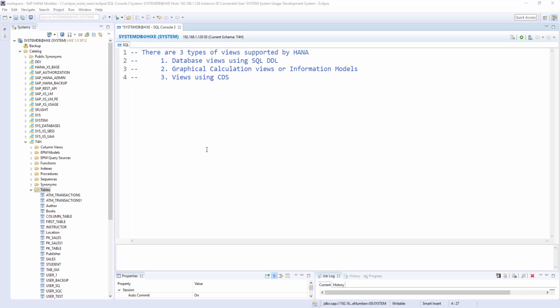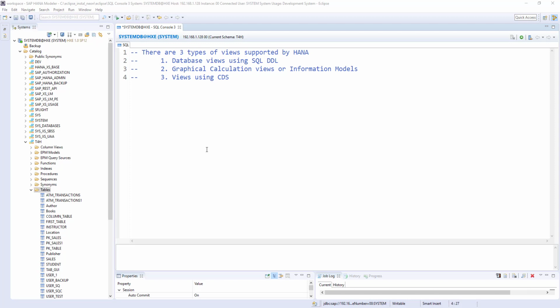Basically, HANA supports three types of views. The first one is database views using SQL DDL. That is what we are going to cover in this session. The other two are graphical calculation views, or information models, and views using CDS, core data services. Database views using SQL DDL are the least priority compared to the other two methods, because those two will generate design time objects, so you can change whenever you want.